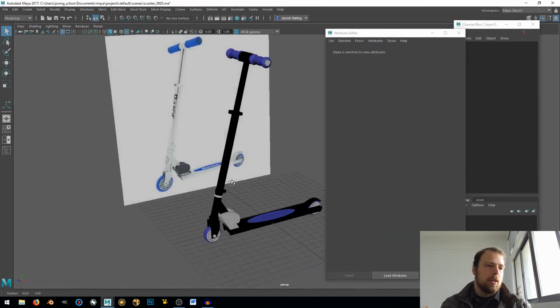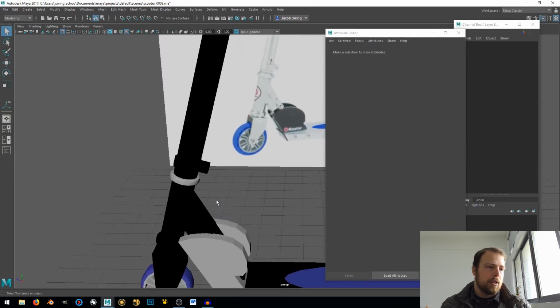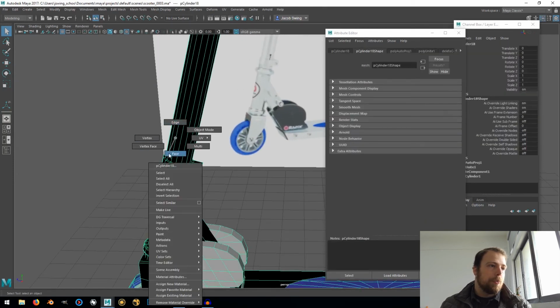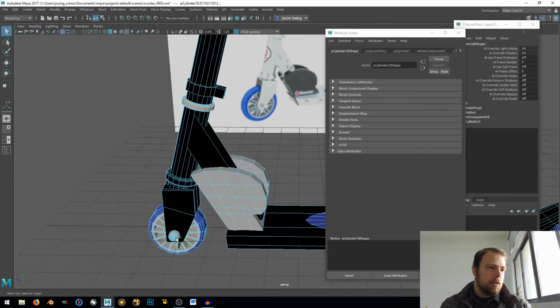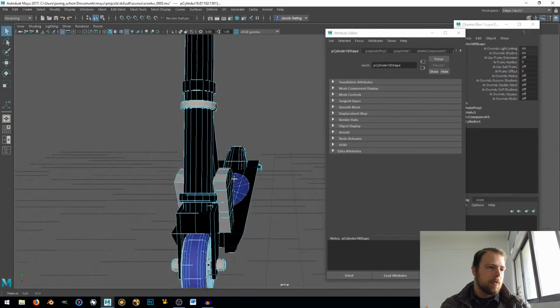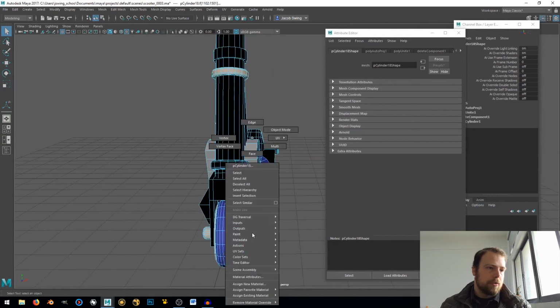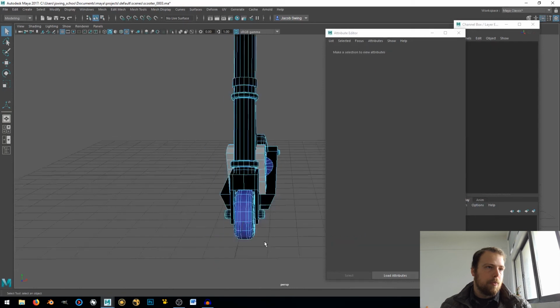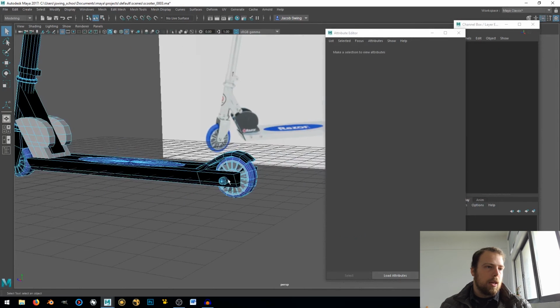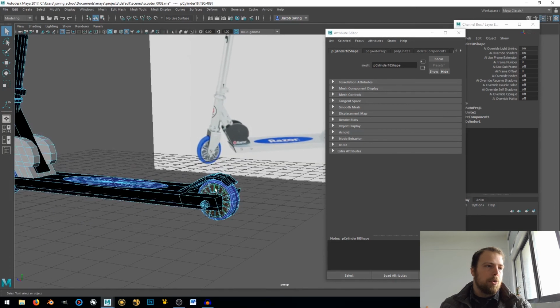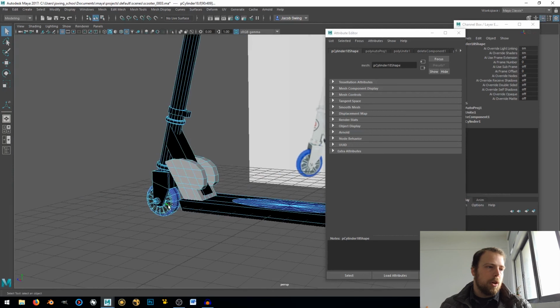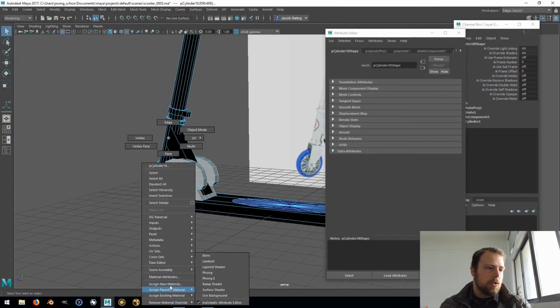So anything that's black is going to be my chrome. And I can select all of these as well. Right click, existing chrome. And last but not least, back here, right click, existing chrome. But I'm realizing that actually these wheel wells are a plastic, so we can right click, go to